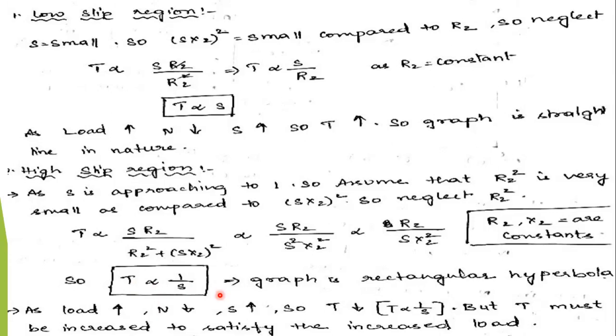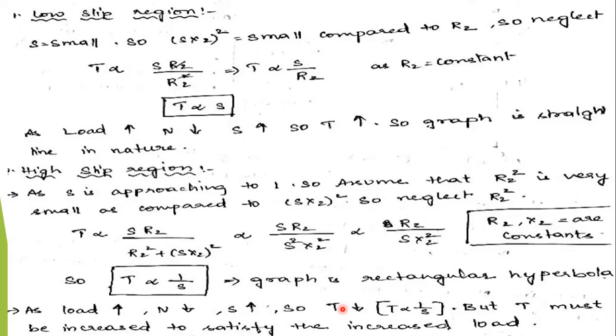So this is not the right thing for the induction motor. Though we increase the load, it has to maintain a graph. If slip increases and torque decreases, it means the increased load is not satisfied by the induction motor. So the induction motor stops rotating. As the torque decreases here because of the increase of slip, there will be an extra loading effect, right? So the induction motor assumes that there is some extra load on it.